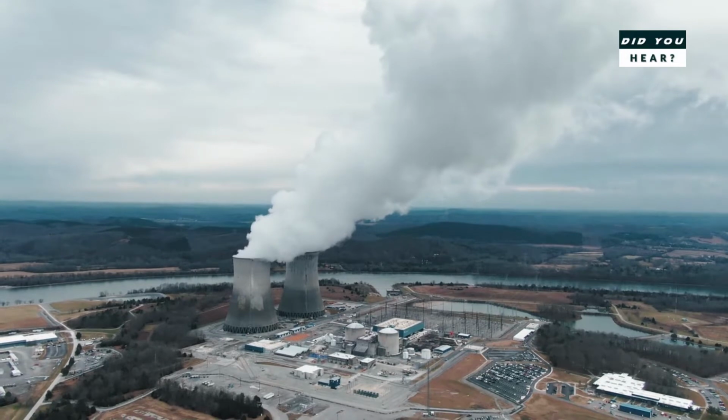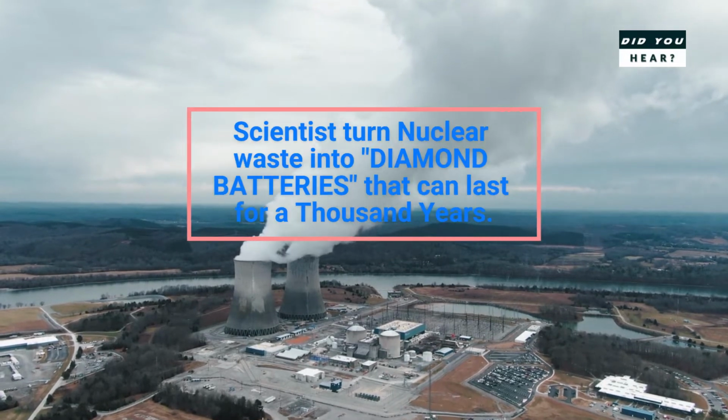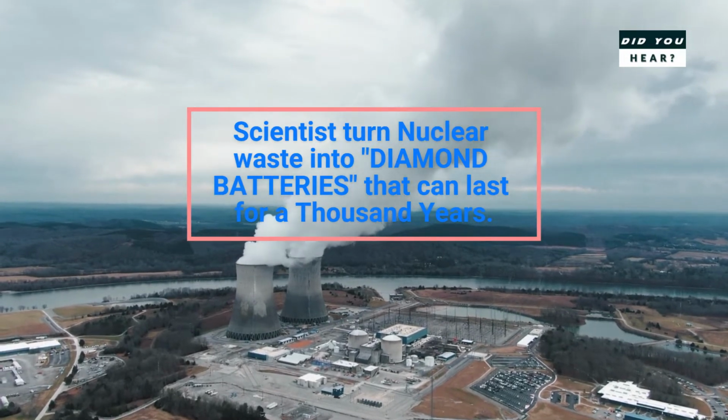In this video you are going to see how scientists turn nuclear waste into diamond batteries that can last for